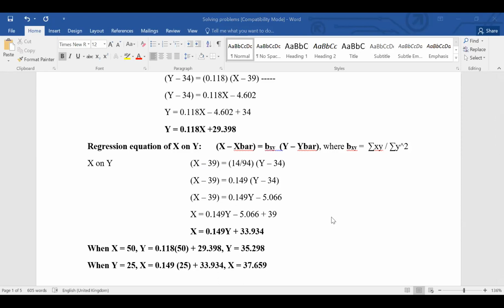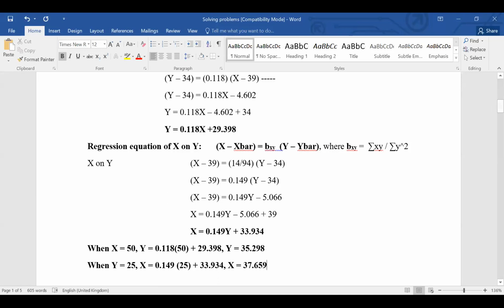So this is the way to solve your regression equation y on x, x on y through regression coefficient, actual mean. Understand, actual mean means we need to find out x bar, y bar. With that x bar, y bar, deduct the x and y values and find out the small x, small y. Then go ahead for finding x square, y square, xy. And find out summation for all the x, y, x square, y square, xy. Then substitute in the regression coefficient formulas. Okay, any doubts in this method?